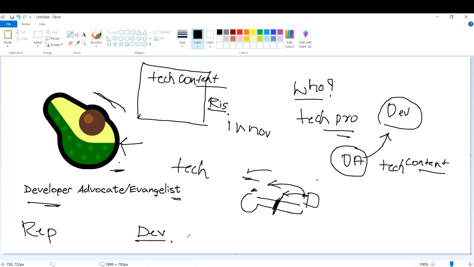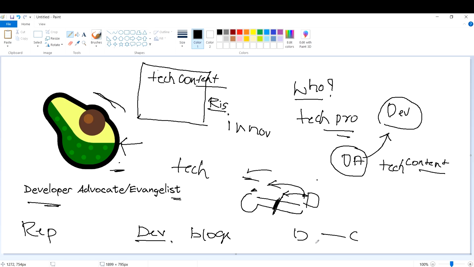And staying up to date with industry trends: developer advocates also need to update themselves with the latest industry trends and technologies by reading blogs and posts, attending events, and engaging with other developers. This helps them stay informed and provide valuable insight to the company and the developer community. So, a developer bridge. Overall, the day-to-day work of a developer advocate is focused on building relationships with the developer community, educating and inspiring developers, and advocating for their needs and interests within the company.